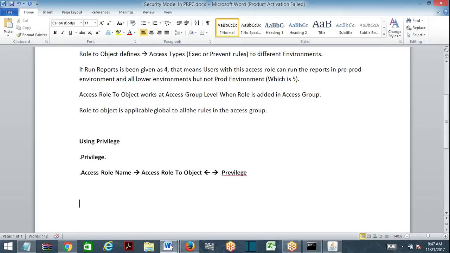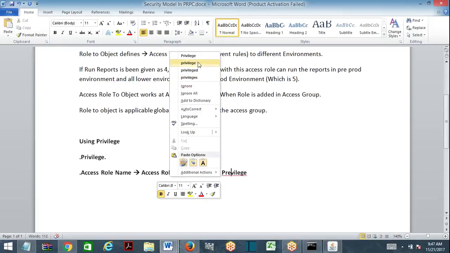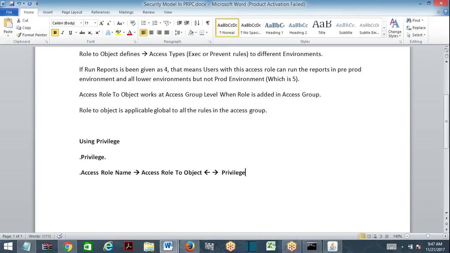So access role to object and privilege. So you are adding privilege in role to object. Now you can call this privilege role on individual roles.